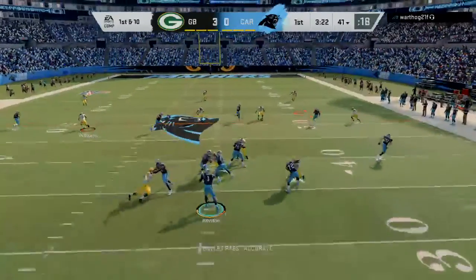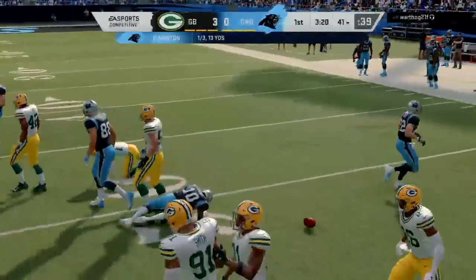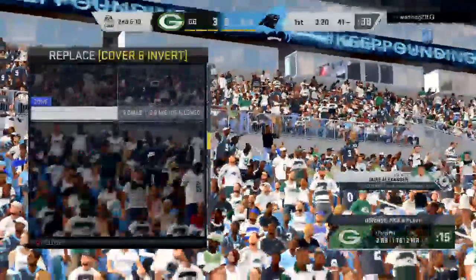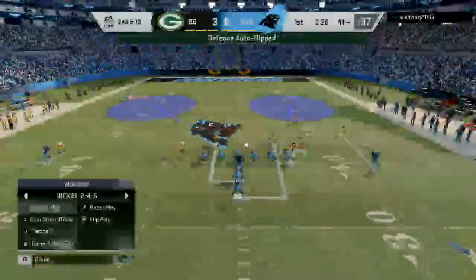On first down, Newton. And that's going to be incomplete. Too tough to hold on to that one. It's second down. So he can't hang on, and as I watch that unfold, I remembered an expression that I've